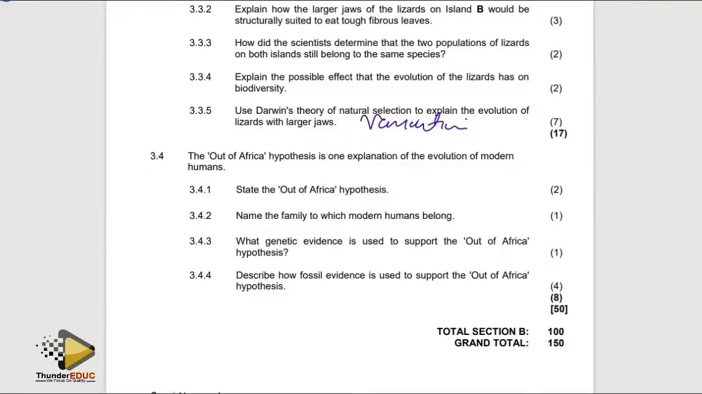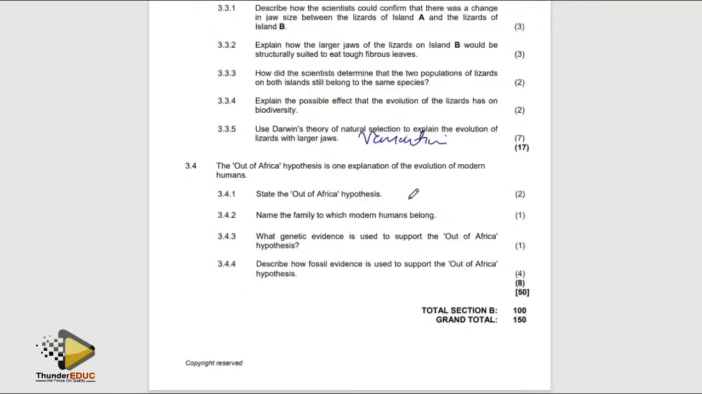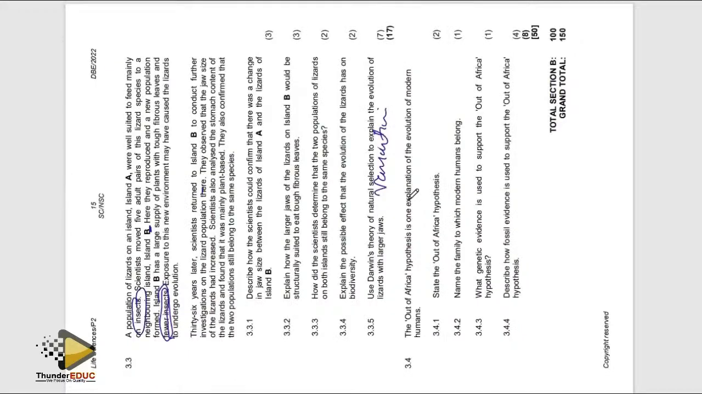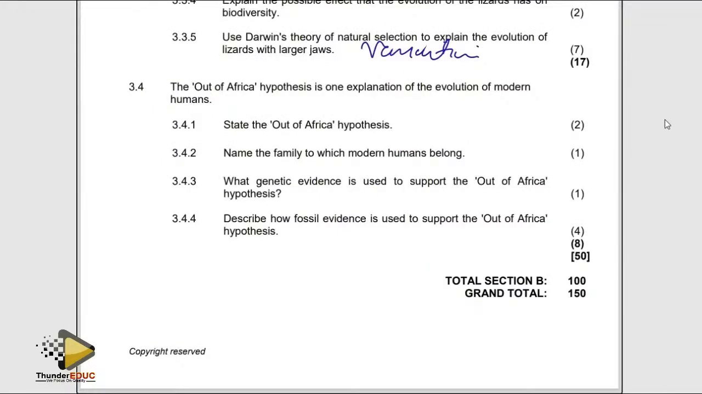Lastly, on this paper, please, you should never go to the paper without knowing these questions. The out of Africa hypothesis, which states that modern humans originated from Africa and migrated to the rest of the world. Don't forget the word modern. However much they might not give it as a tick marking point, in most cases we criticize when the word modern is not there, because not all humans